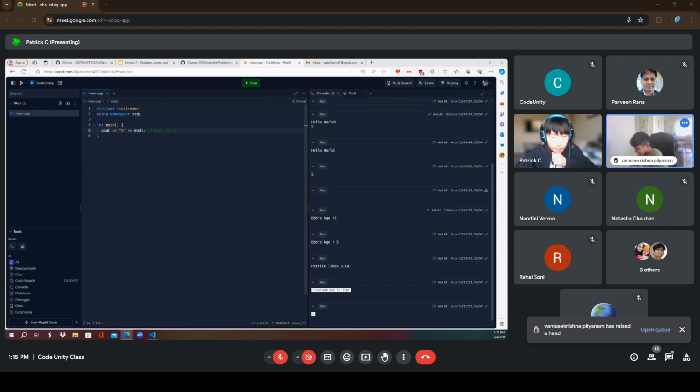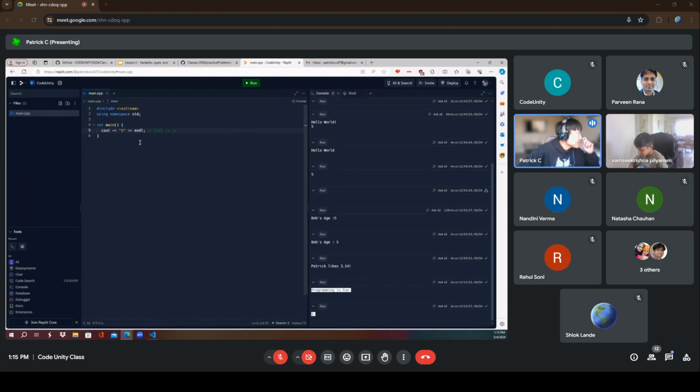Is there any way to make a program really fast? I mean, the easiest way. The easiest way would just be to use Replit because when you open, I'm not too sure what you're saying. Like how to start the program fast?